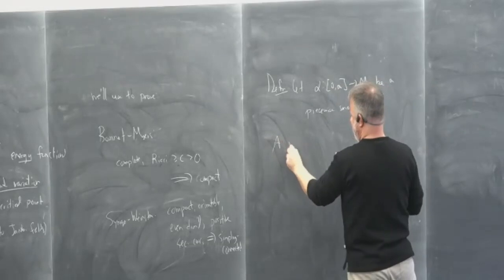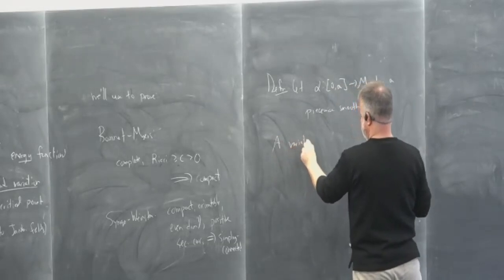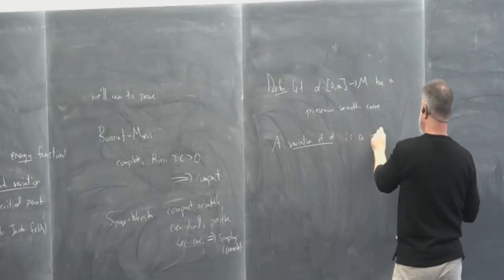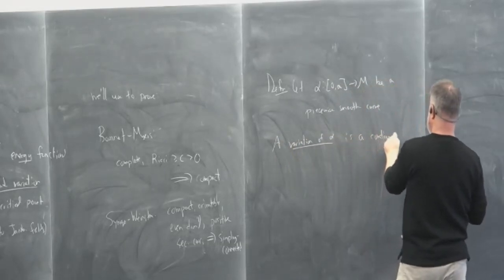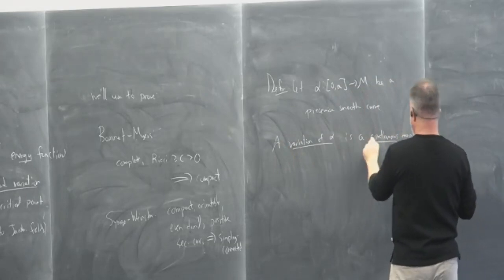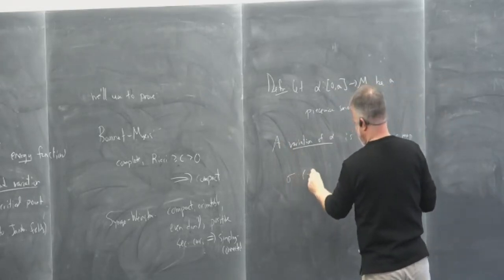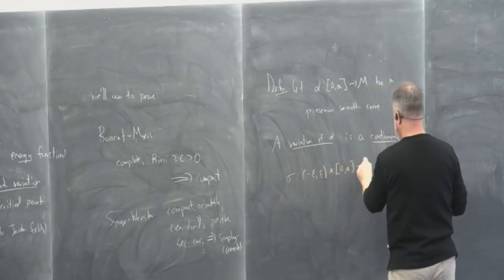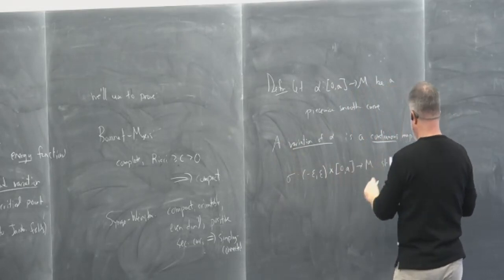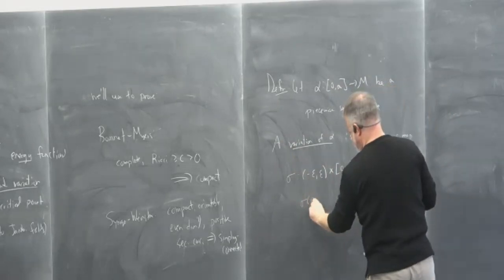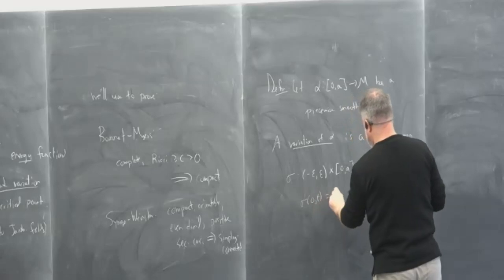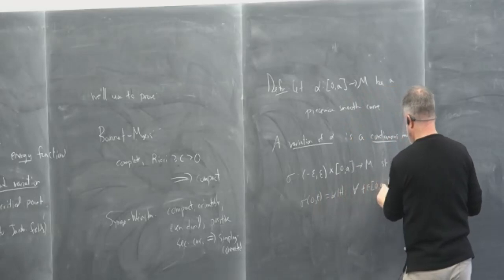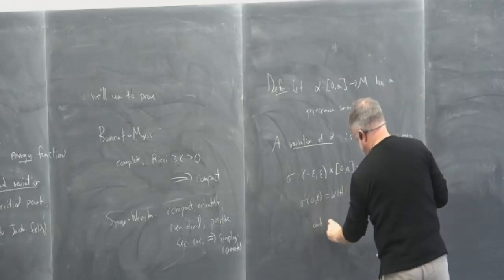A variation of alpha is a continuous map sigma from (minus epsilon, epsilon) times [0, a] into M, such that sigma of (0, t) is alpha of t for all t in [0, a], and such that